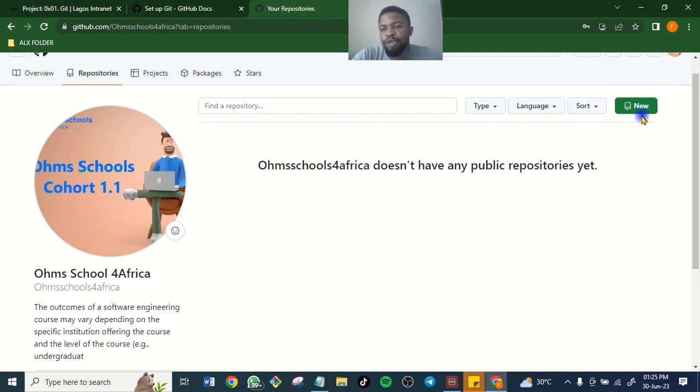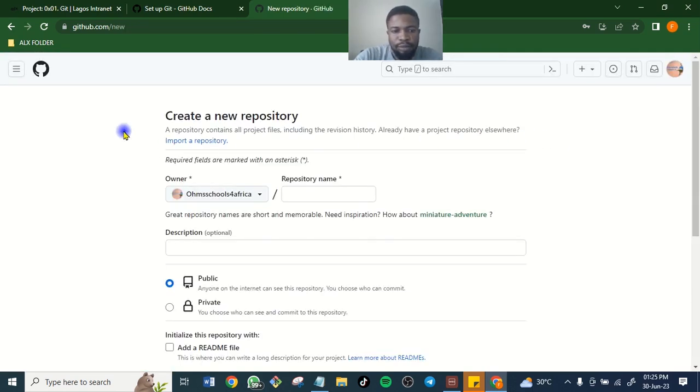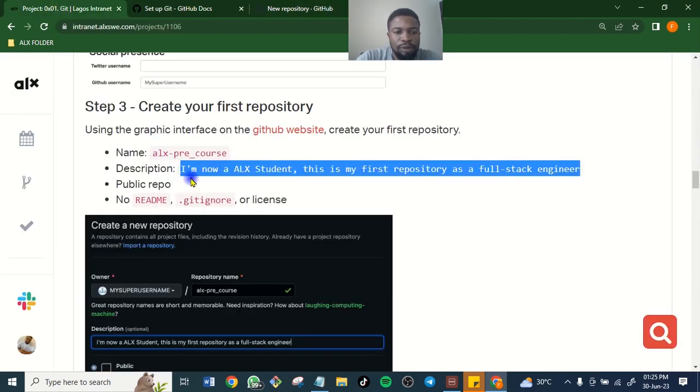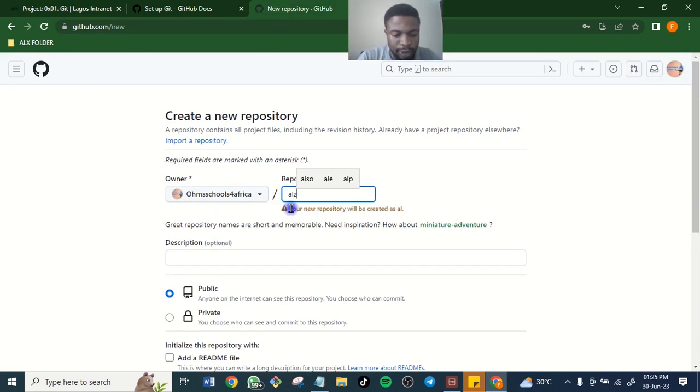So how do we do that? Just click on what? New. Yeah, here now. So what is the name of the repo? Alx precourse.